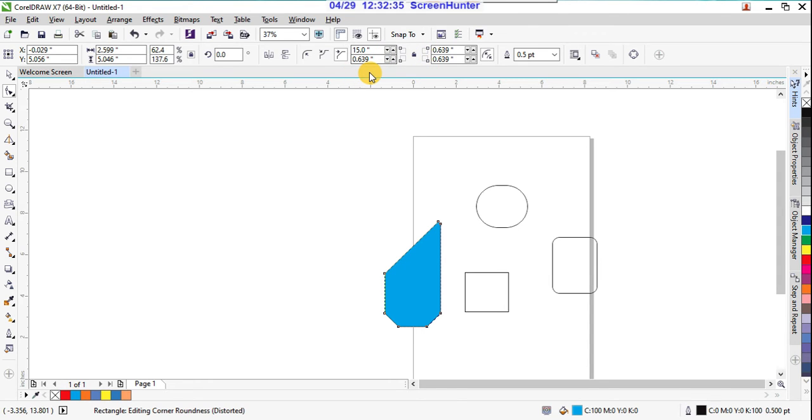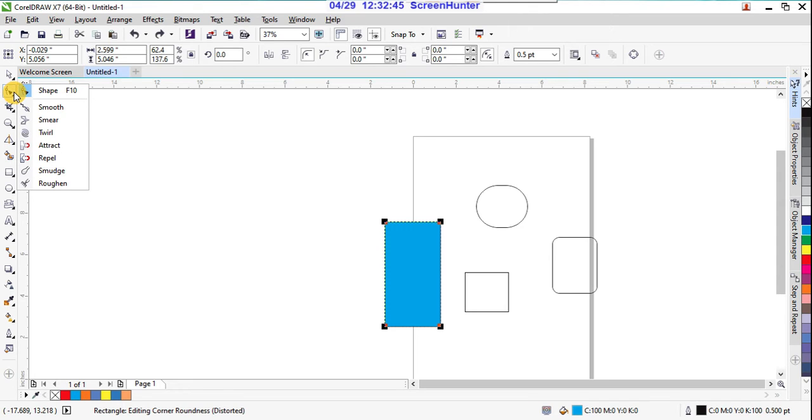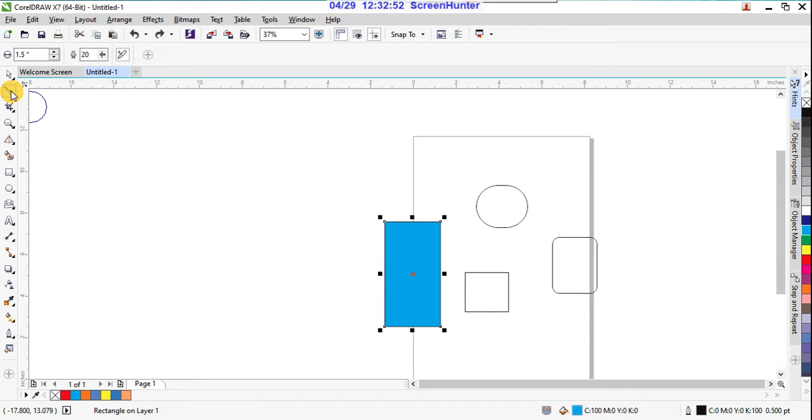These are really very easy. If you add the value, it automatically takes it and changes into that, right? Shape tool is really very important to control and give shapes. And this is the smooth tool. Smooth tool smooths an object by dragging along its outline.